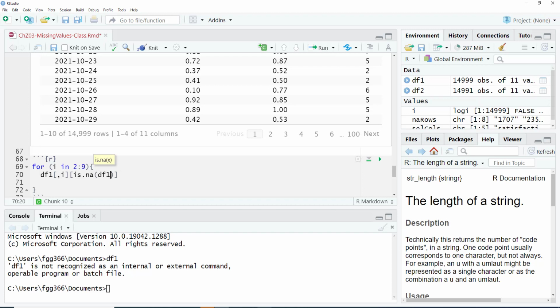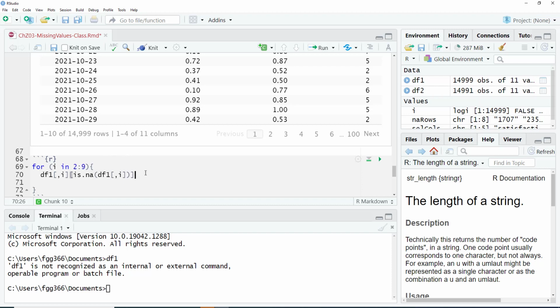So this is going to go down the column i, each and every row, and tell us whether it is missing or not. You'll have true or false, right?